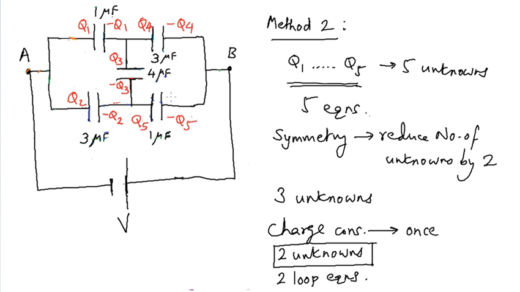We note that after the battery reversal, this capacitor plays the same role as this capacitor. Both of them are 1 microfarads and they are similarly situated. To be more specific, this particular plate of this 1 microfarad capacitor after battery reversal plays the same role as this plate of this 1 microfarad capacitor